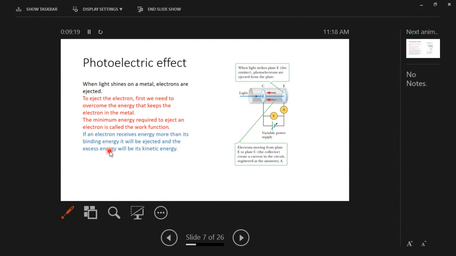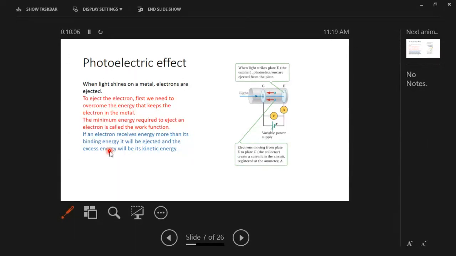It's just an example that I'm trying to tell you. Let's not talk about work function yet. Let's assume the binding energy for an electron is 10 electron volts. That means that a specific electron needs 10 electron volts to overcome the binding energy and escape the surface. Now, if that electron captures 15 electron volts of energy from the radiation, it can use 10 out of that 15 to escape the surface. Now it has 5 electron volts more, and that 5 electron volt energy is going to become its